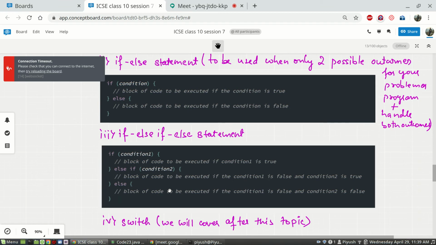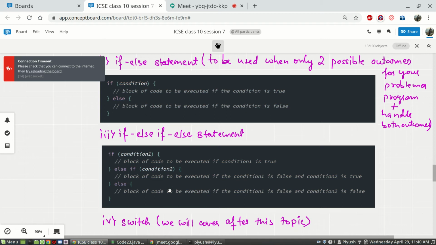We'll start with this third version tomorrow, but I'll give you a glimpse of it in the next minute. The third version is used when there are more than two possible outcomes and we intend to handle more than two of them.